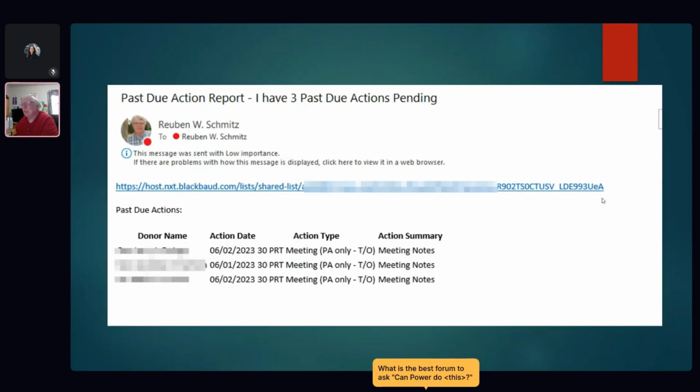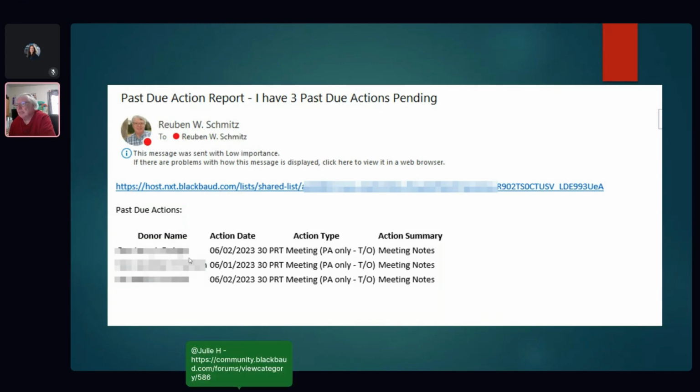And I also mentioned some of the gift reports and action reports. This is an example of one of those. So once a week, I have an email that sends out past due actions. And it's just a simple one. This is one of the easier things, one of the first things I did, actually. It just pulls a list. It's designed to update daily. It pulls the gifts or anything that's past due, and it sends that list out.